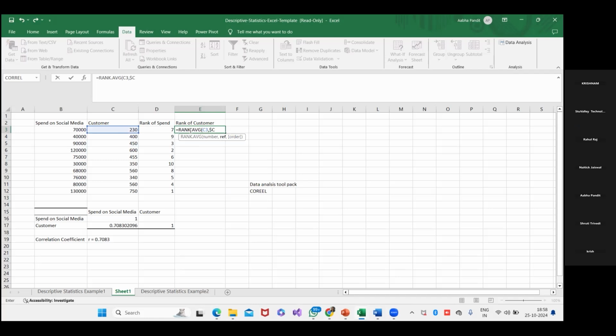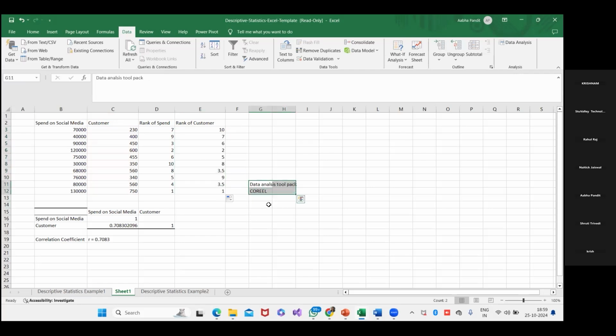C क्या लूंगी मैं? C$3. हाँ और C डॉलर और फिर 3 है ना। Yes, ma'am. और आगे then dollar C, and 12. डॉलर 12. राइट। The range is being fixed. रेफरेंस डालूंगी 0। Yes, ma'am. इसको ड्रैग कर लिया मैंने यहाँ पे, ये मुझे रैंक्स आ गए सारे। ओके अब मैं कोरेल फंक्शन अप्लाई करूंगी।